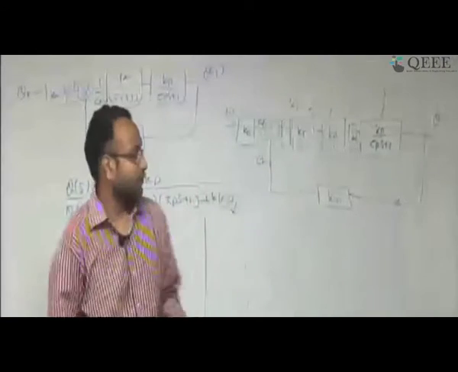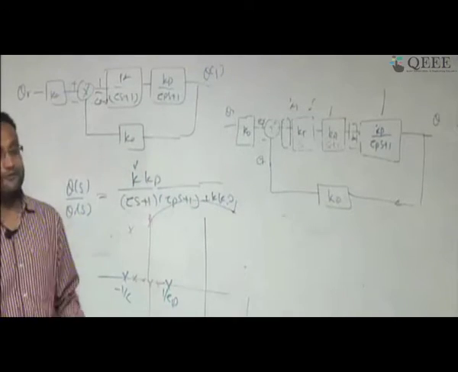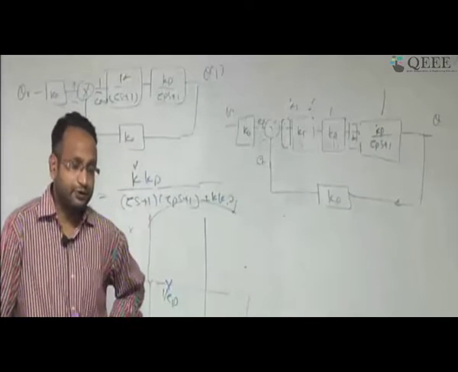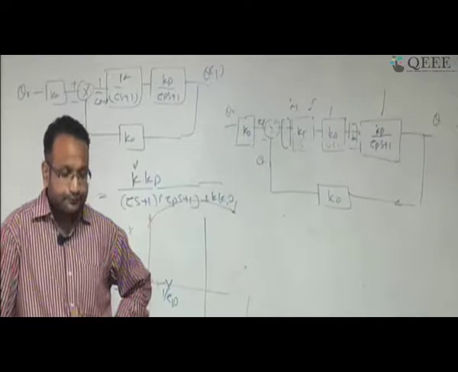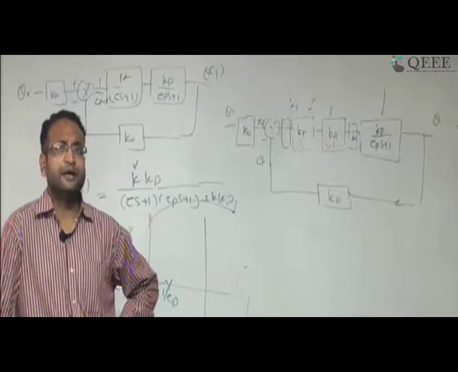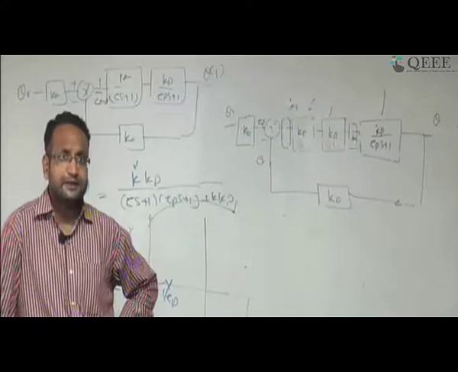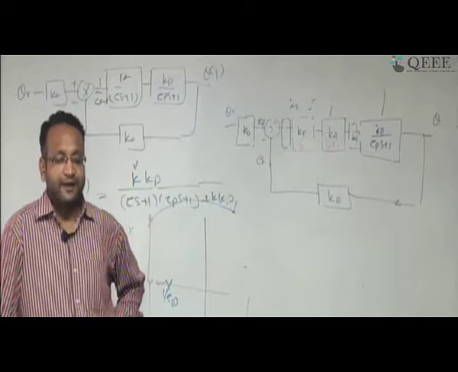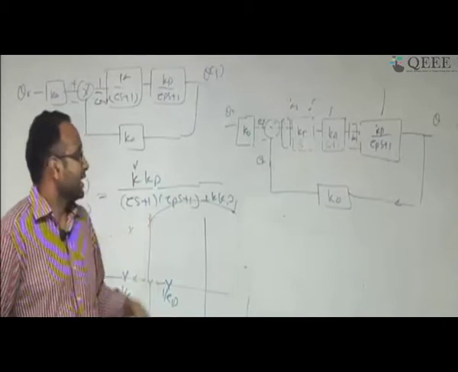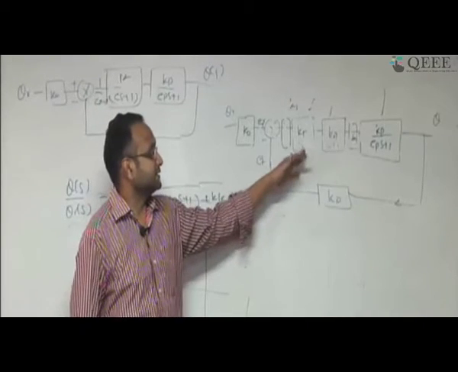So with this I want to conclude that it is good if you use a proportional controller. It helps you to make the system fast. It helps you to get your steady state value close to what is desired, as we have seen in the case of unit step, but it affects the stability of the system, because here when I have done the analysis, I am not taking it.